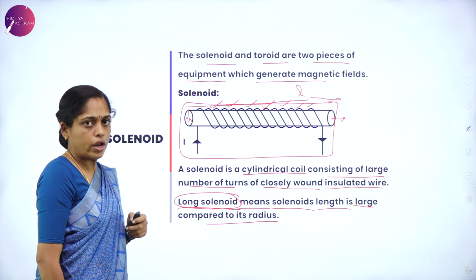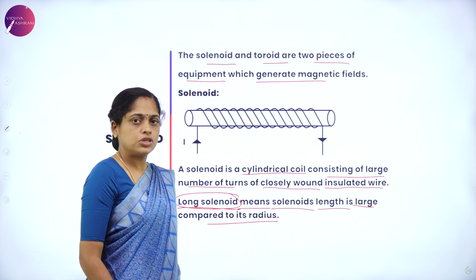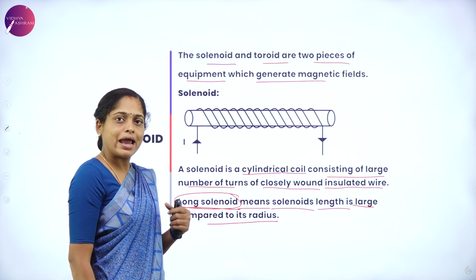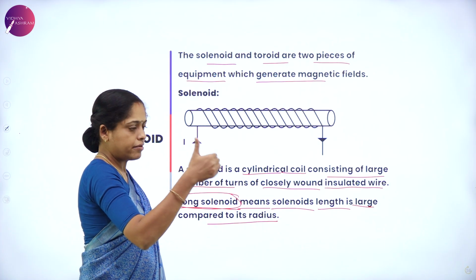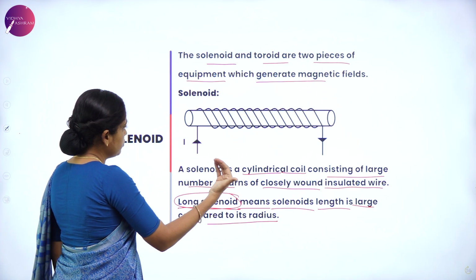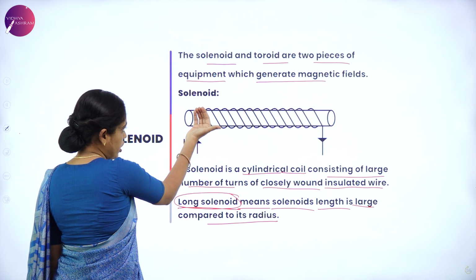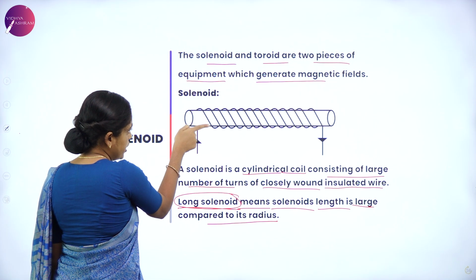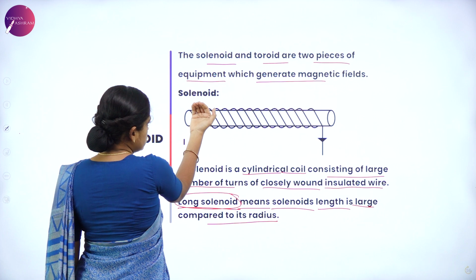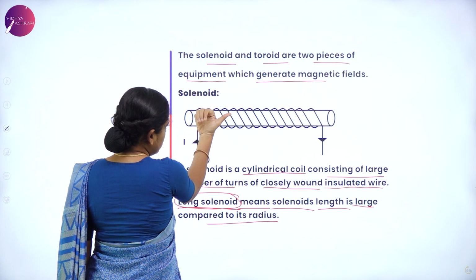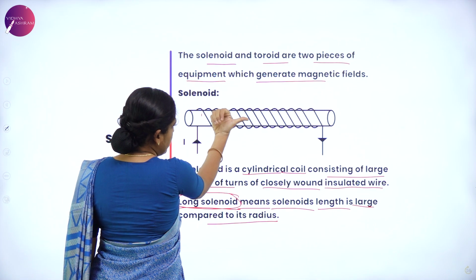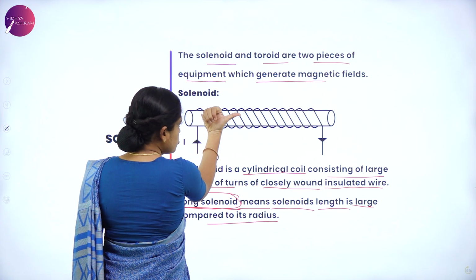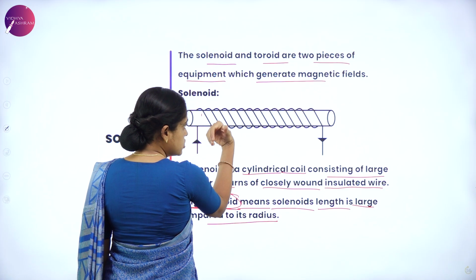then the solenoid is known as a long solenoid. Now let us find out the direction of the magnetic field around this current carrying solenoid using the right hand thumb rule. According to the right hand thumb rule, you have to curl the fingers in the direction of the current. So this is the coil which is carrying the current. In which direction do I have to keep the curled fingers? Then the magnetic field direction is given by the thumb. So the thumb is pointing towards the right side.